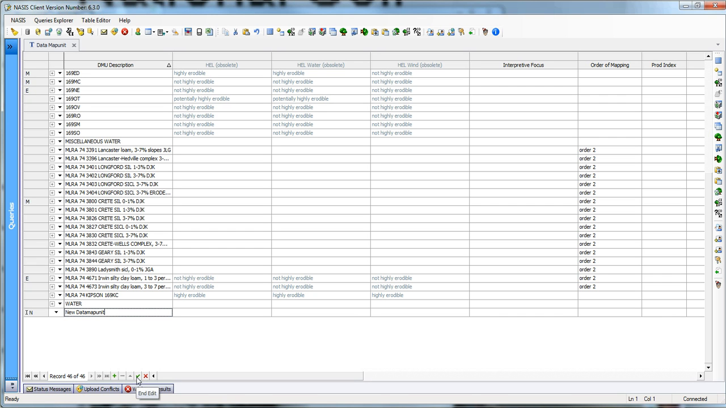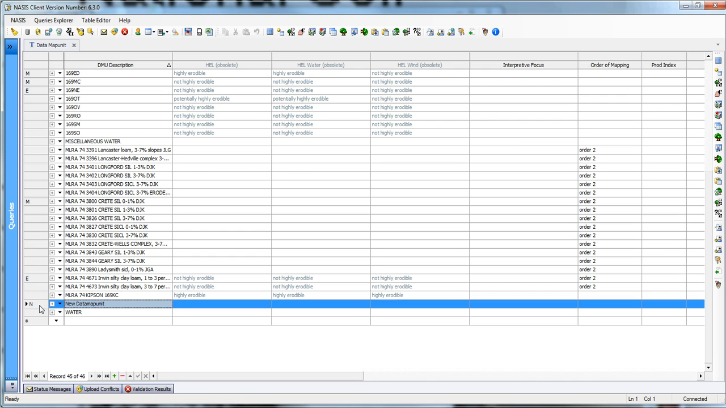Remember, I've told you the two options that you have for storing your edits back in the local database are by moving off the record, and this is the record right here. I could click up into water or one of these other data map units, and it would store that new data map unit back into the local database. Or I could choose to end my edit. Or I can choose to cancel the edit, and it would then remove that new record. But I want to end this record, and you'll notice that it now appears as a new record in my